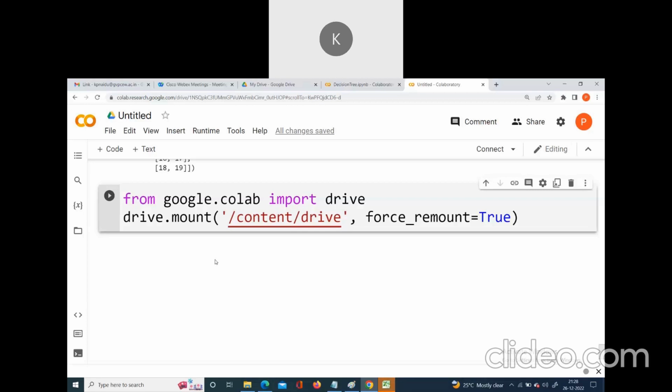Because if you want to use Google Colab, we must sign in with a Gmail account. So after signing in with the Gmail account, we simply open a Google Colab notebook. Once you open the Google Colab notebook,